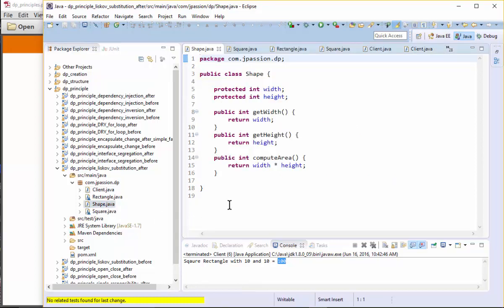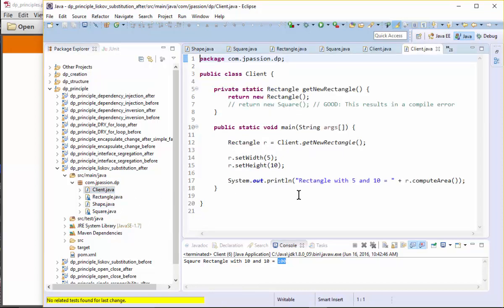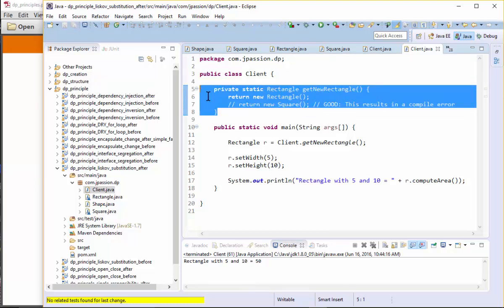However, we are not overriding, we are not violating anything, we are not changing the parent shape class's behavior. Okay. So when you take a look at the client code, we get the rectangle, and it should behave as expected. Okay. 50. And in this case, if you want to get the square, then you have another static method that creates the square object, and that should work as expected. So let's try to have another